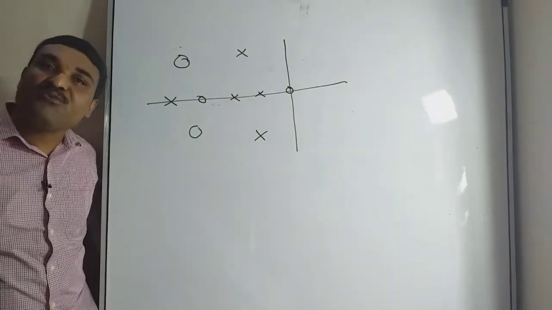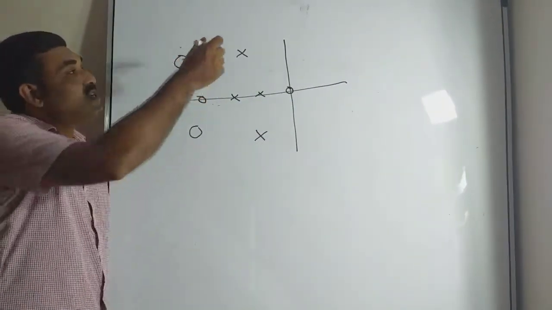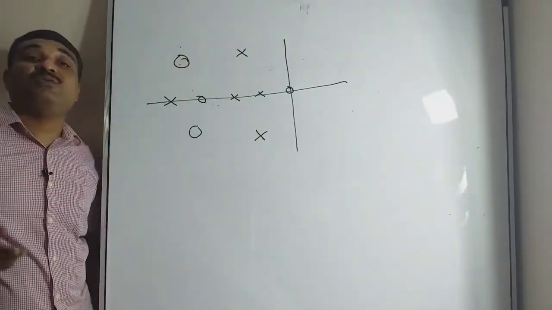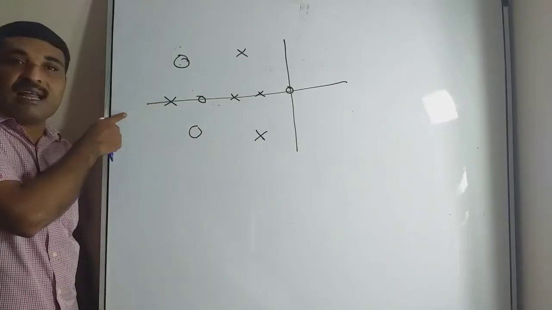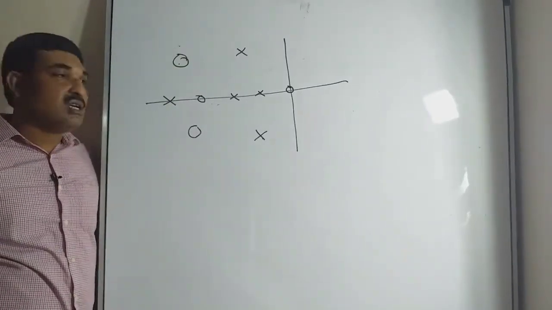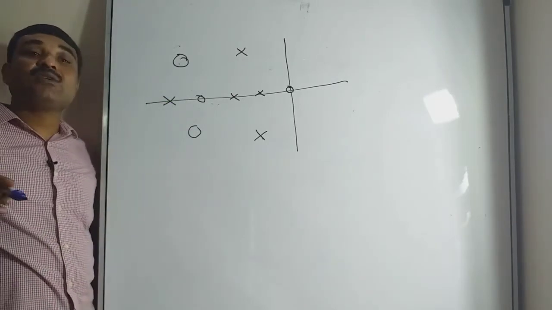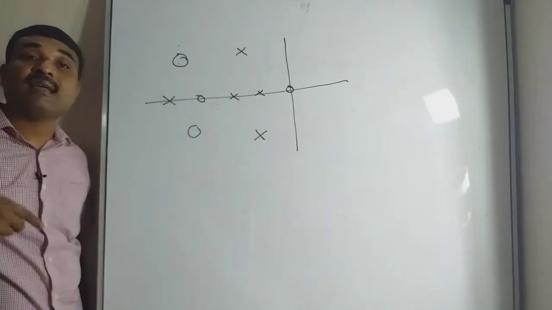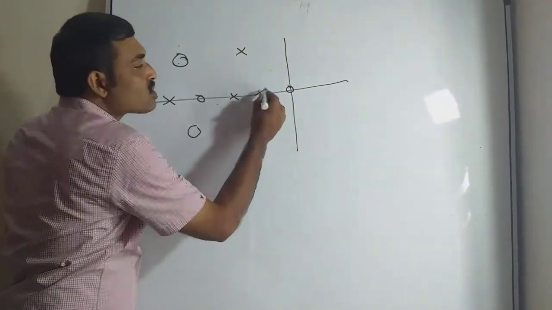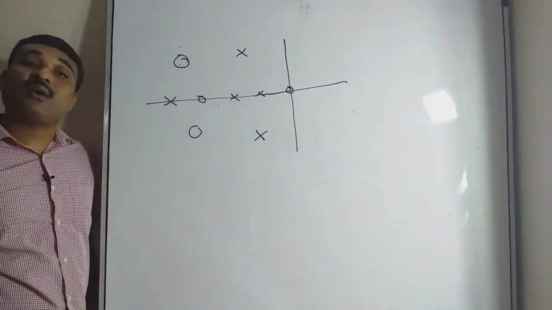Finding the location of root locus on the real axis, there is no contribution from complex conjugate poles and complex conjugate zeros. So finding the location on the real axis, we can neglect complex conjugate poles and zeros. The contribution is entirely from the poles and zeros lying on the real axis, that is, real poles and real zeros. Now I want to check whether this portion of the real axis is lying on the root locus.